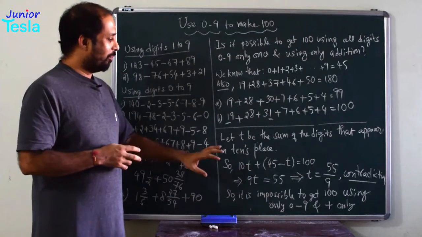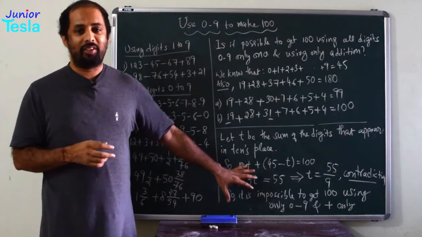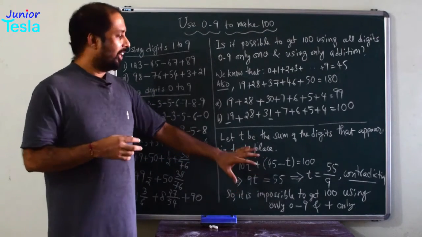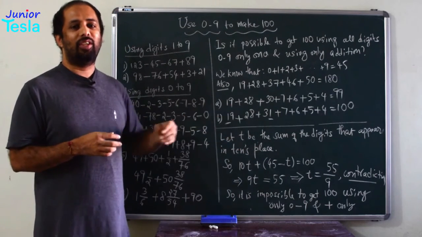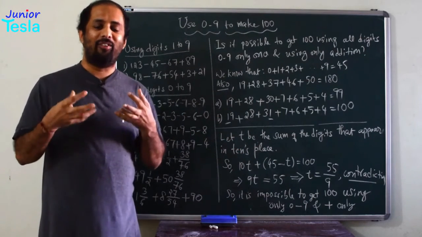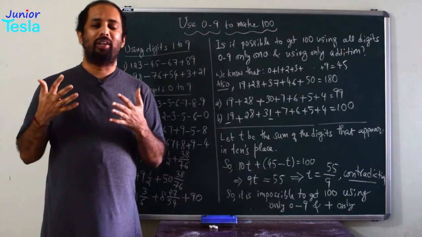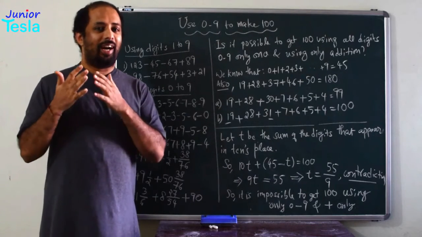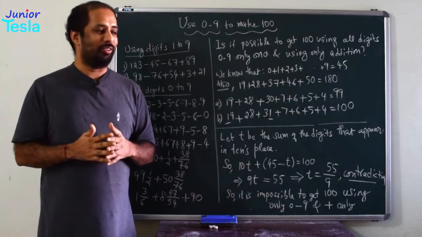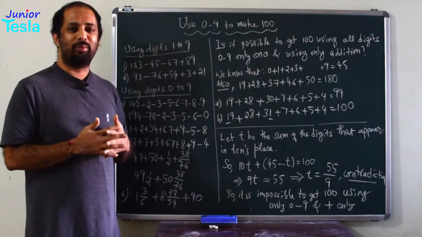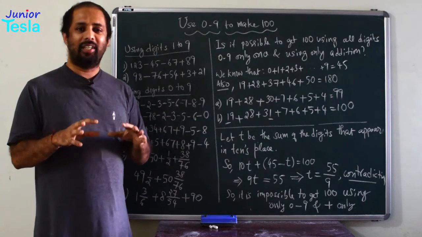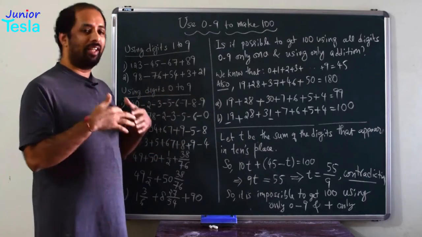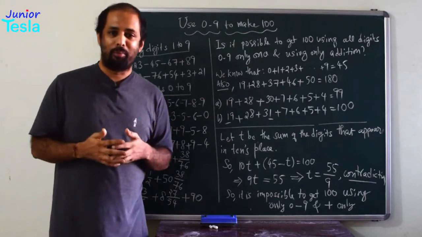So this is a very beautiful proof by contradiction, reductio ad absurdum, and that says that no need of trying. Even if you try for 1 hour, 1 day, 1 week, you will still not be able to get the series that gives 100 as the total. So I hope you understood this, a nice problem. Go through this once again if you are interested. Pause the video here and there and go through the details. You'll learn a lot of number properties.